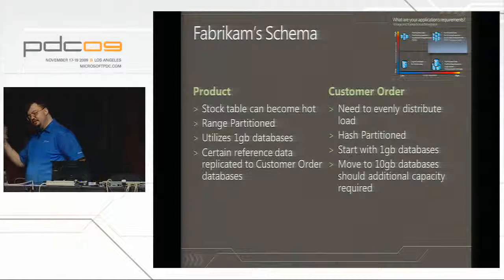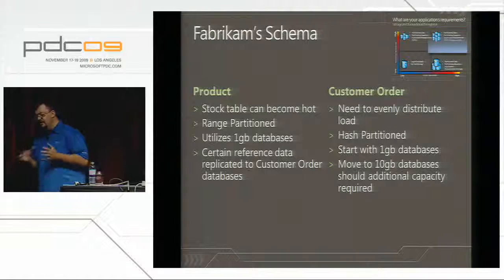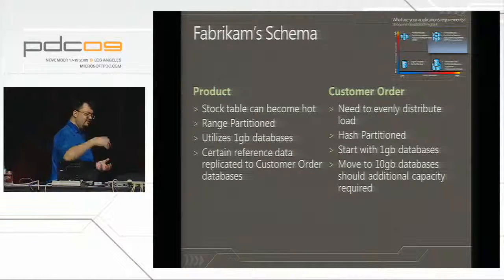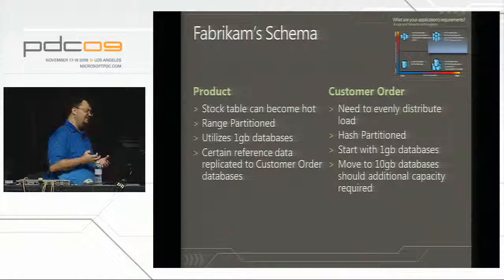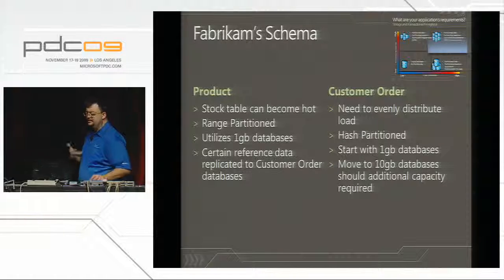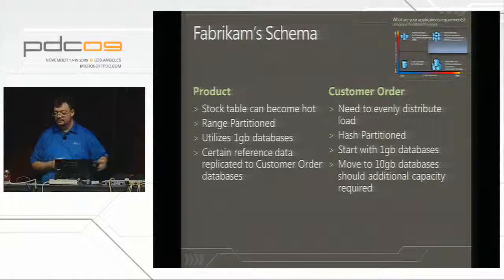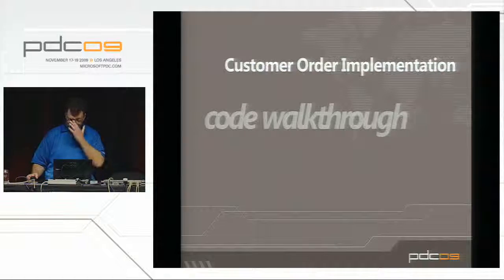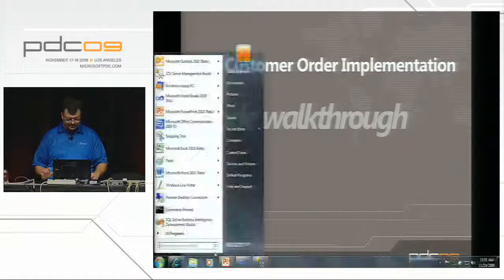And then if it's going to be sustained, I can think about maybe re-engineering the way I've done my hashing. Or maybe it was just a peak load, and I can archive some of that data out and move it back down to 1 gigabyte databases. But that's something you need to keep in mind. You really need that flexibility. I'm going to have to start speeding up a little bit because we only have 28 minutes left. So let's look at the customer implementation.